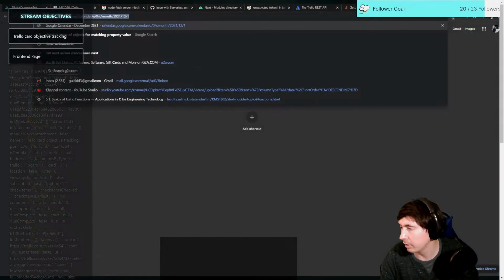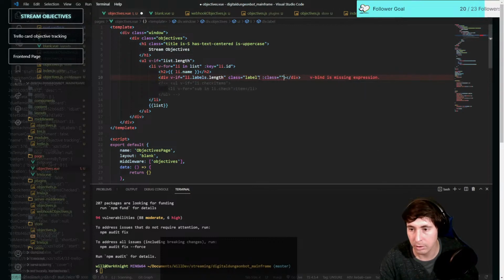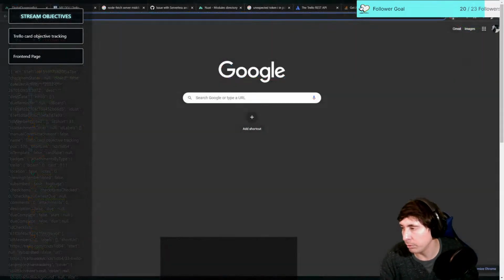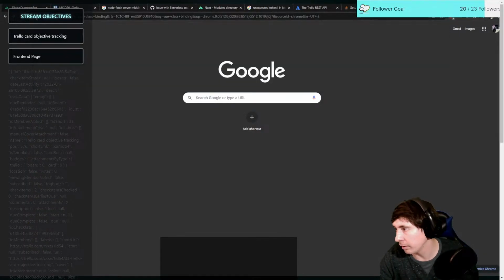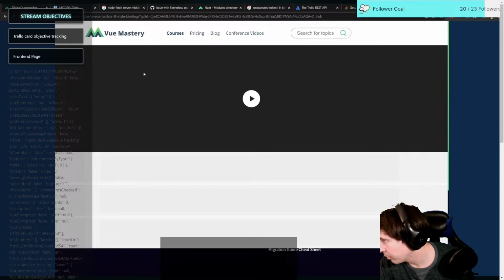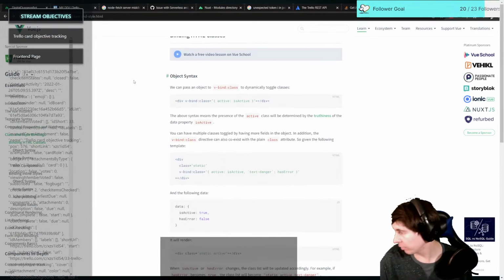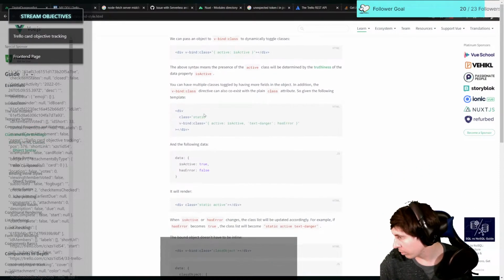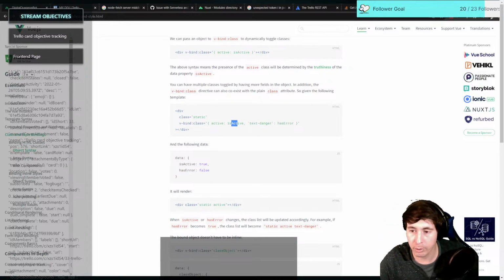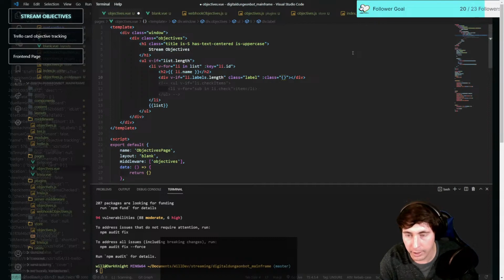I think it's colon class actually. Vue class binding. Check it out. That is not what we want. Go here, back to Vue.js. So v-bind, so colon class, and then we've got to set the class name that we want based on the property or the variable. So let's do this, and let's set